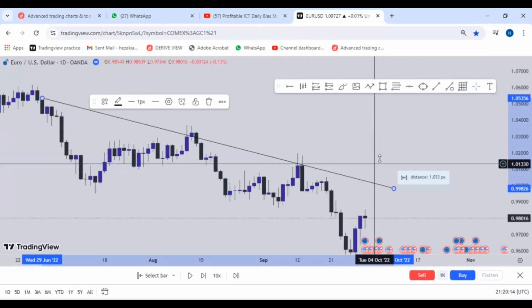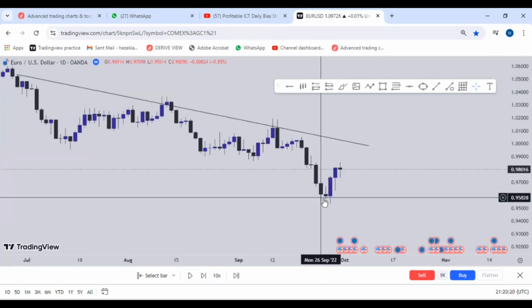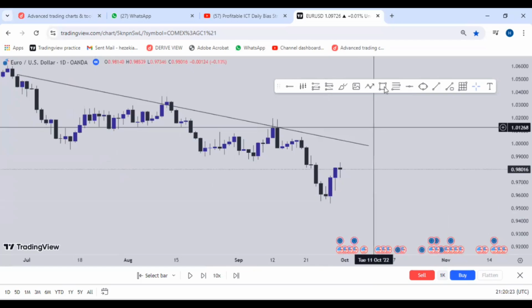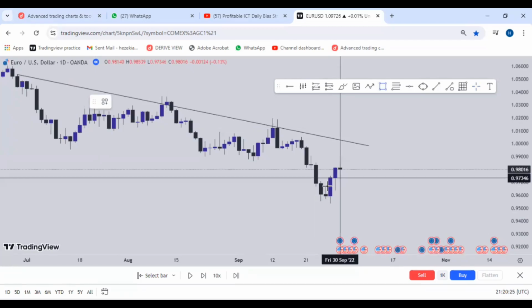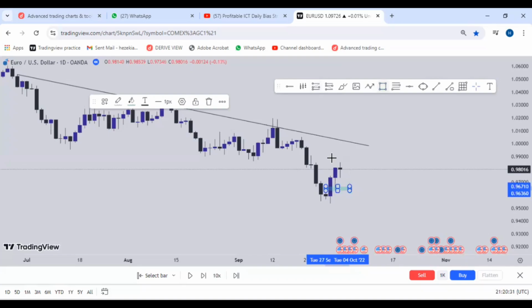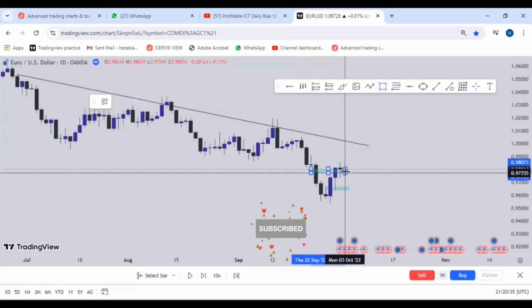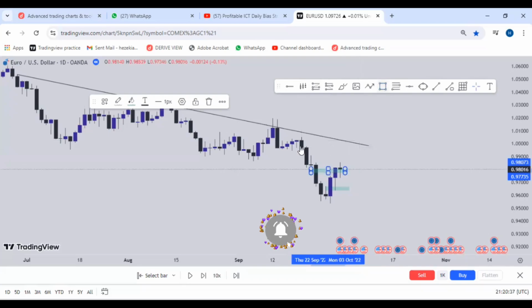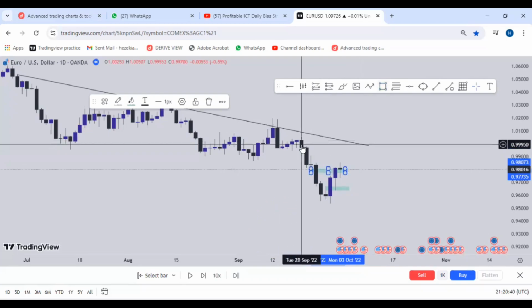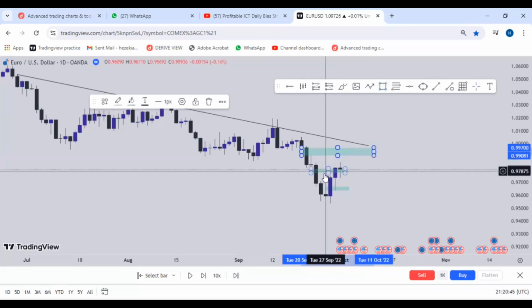Just imagine this. We have the high and the low of this particular bearish candle swept. So we can basically take a trade from this particular level and target where the next line of imbalance is. The first imbalance was here, which has been tapped, and the second imbalance is here. So I can basically tell you that the market will fill these two imbalances before